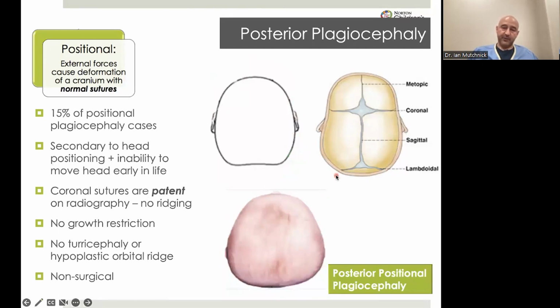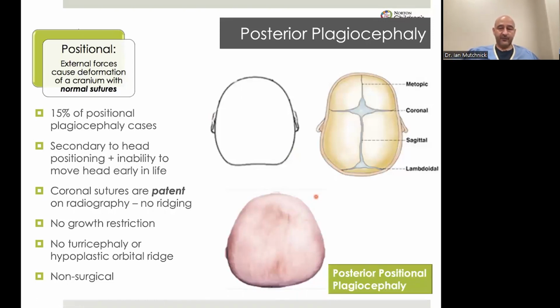This is a straight up posterior plagiocephaly where the kiddo wasn't looking to one side or the other, but the whole back of the head is flattened. Again, the sutures are open, and you can see it. It's just flat in back, and then there's biparietal widening. There can be bitemporal widening. So if it's just biparietal widening, it's a moderate posterior plagio, and if there's bitemporal widening, then there is a severe posterior plagiocephaly. And I just want to comment here that